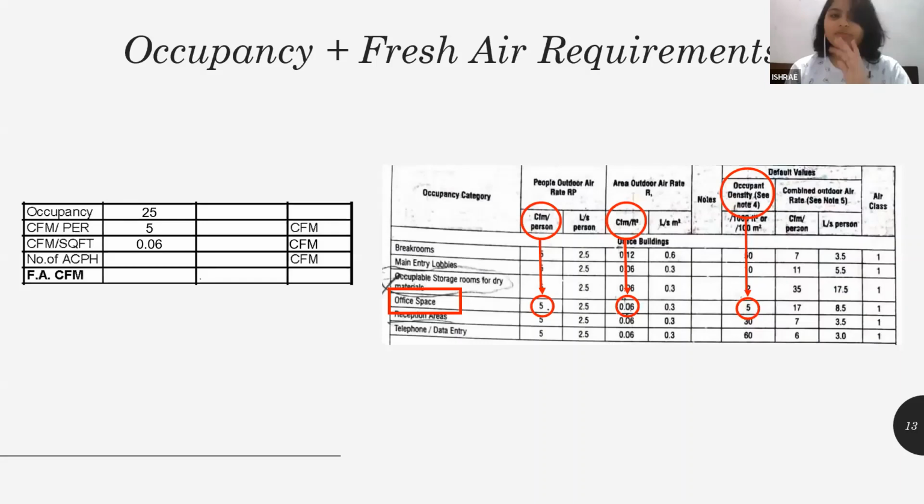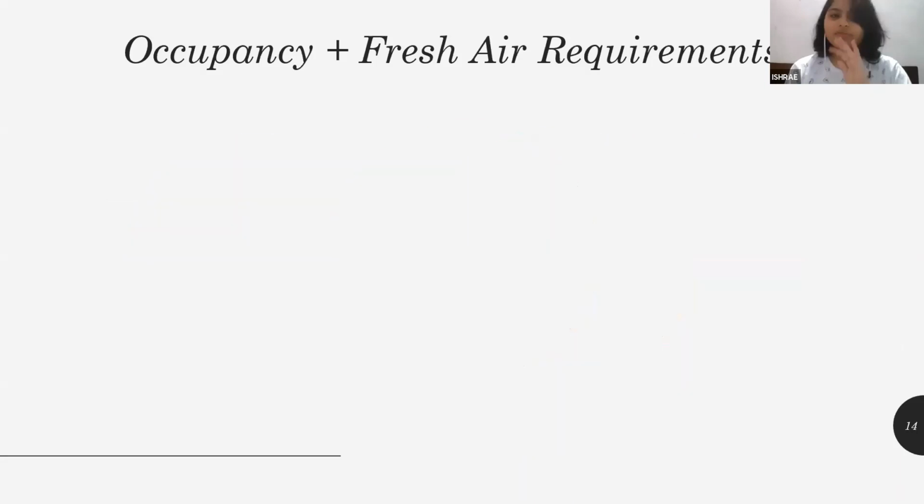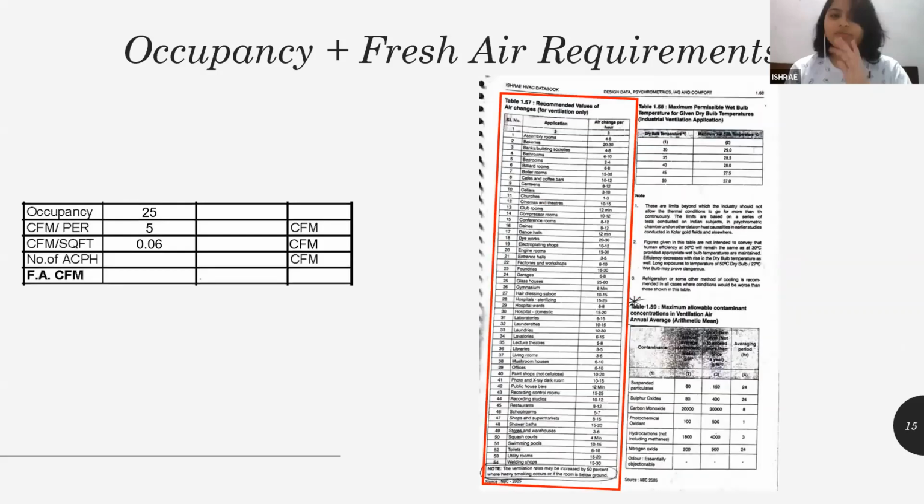Now, the first part is done. Talking about the number of air changes per hour. The thing about number of air changes per hour is that only one table is given in the ISHRAE handbook where the number of air changes per hour is mentioned. But this is particularly for ventilation. Here above it is written the recommended values of air changes is for ventilation only. What does that mean? That means you cannot use it when you're calculating the air changes per hour for an air conditioned space. But then why do people use air changes per hour as a calculation method for fresh air?